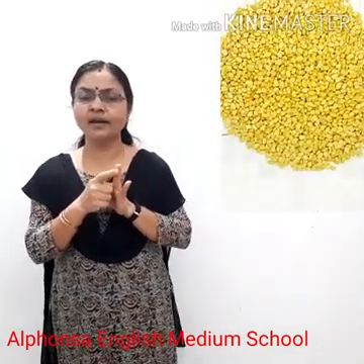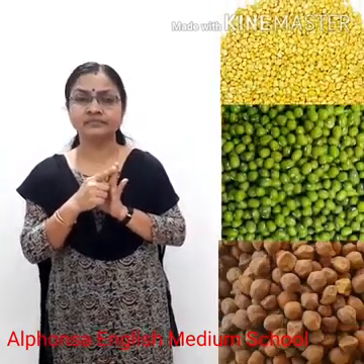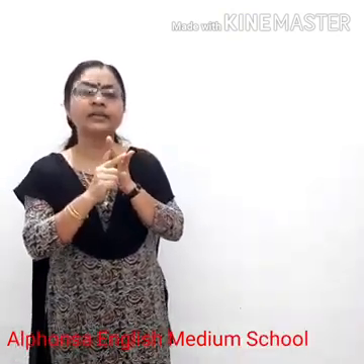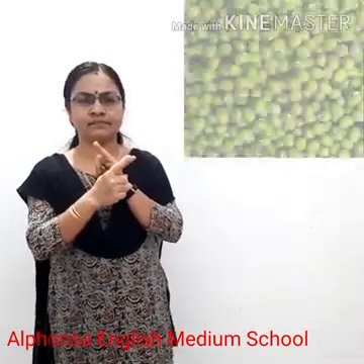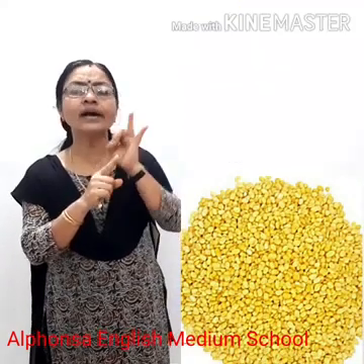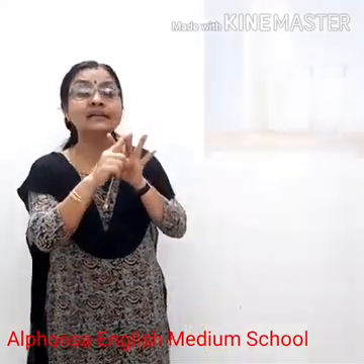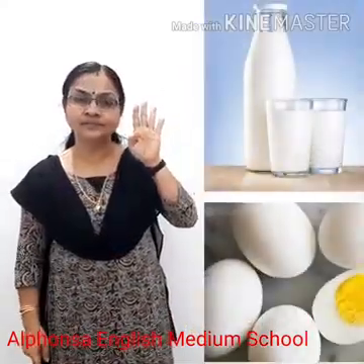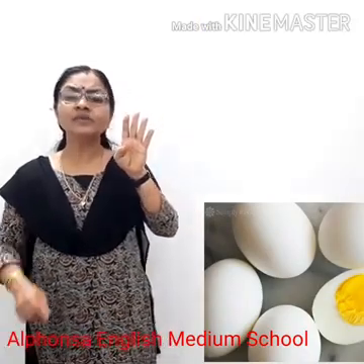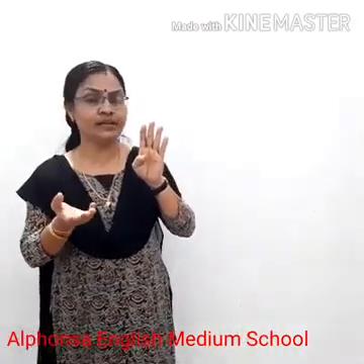Dal, green gram, Bengal gram. Plant products are those. Okay. We say 2 plant products and 2 animal products for the time being. Gram. We can say green gram. Dal. Plant source. 2 animal products rich in protein: milk, egg. Right? Okay. Some food items may be rich in more than 1 nutrient.